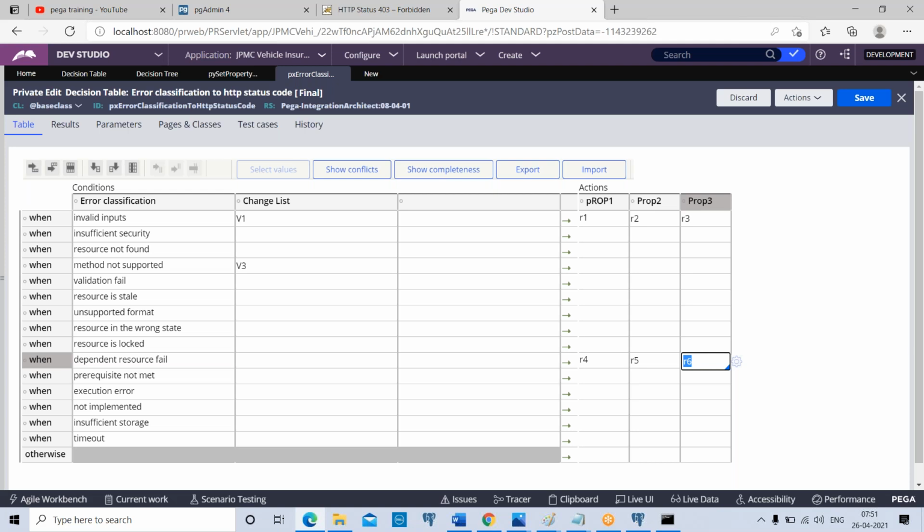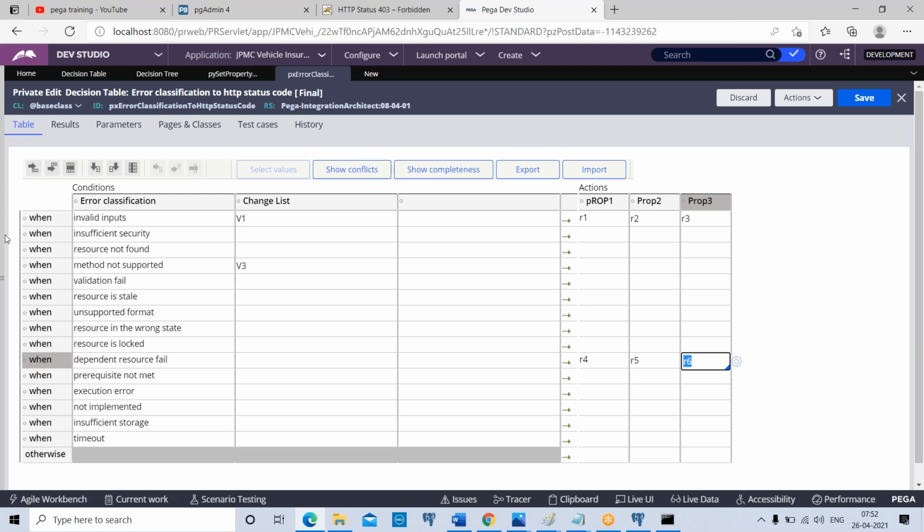See, because it will evaluate all the conditions. See, decision table has a feature of evaluating all the rows and do a property set. Decision table or decision tree, both are just like calling a rule, and return value you will capture into one property. Only one return value will be there for both the rules. But in decision table, one additional feature is there. What is that? Evaluate all rows. Now here you are not returning, but you are assigning values to properties. How many properties we are assigning? N number of properties you can assign.